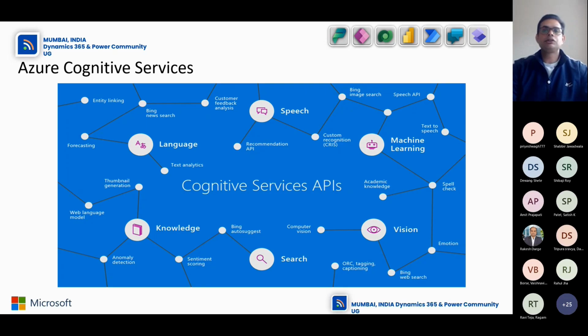Cognitive Services offers vision, and under vision we have Computer Vision, which analyzes images and video. Custom Vision is unique: it is for images that we create ourselves, custom images. For that, we can use the Custom Vision API. The Face API analyzes human faces for face recognition. Under the speech cognitive services, there is speech to text, which